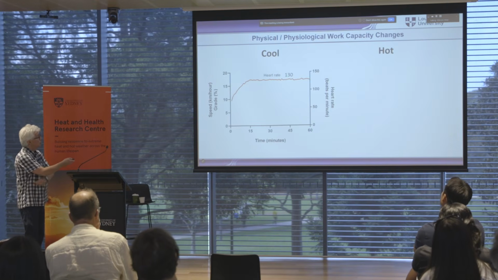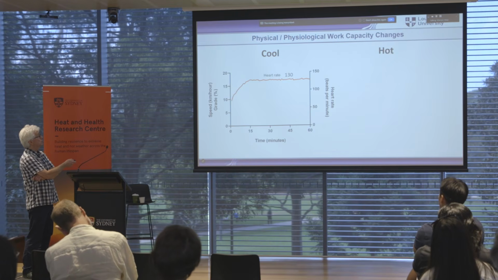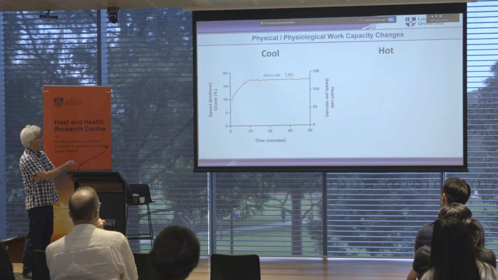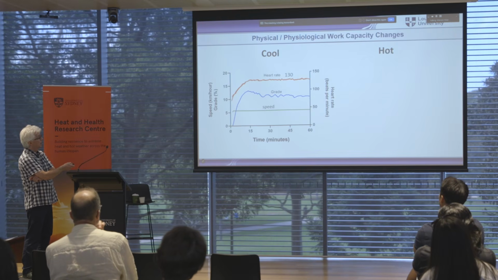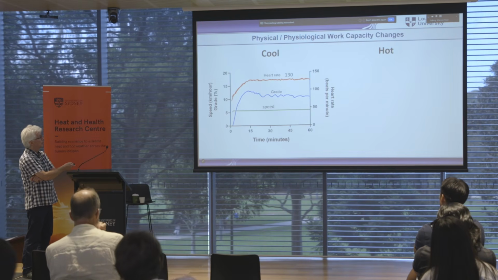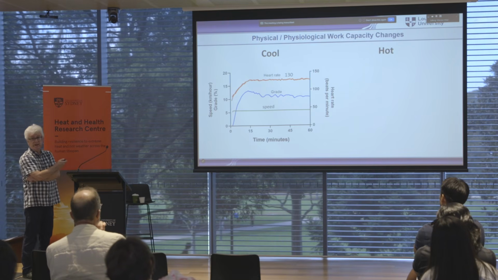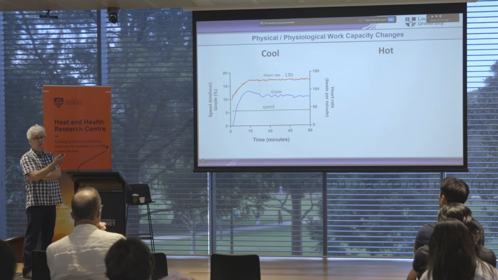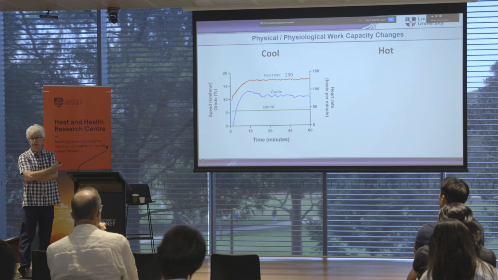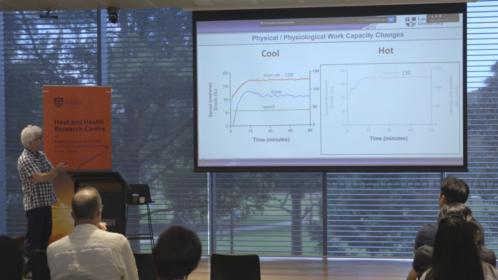So how does this look? This is in a cool environment. The treadmill comes up to speed, and then you have a heart rate of 130, and the treadmill regulates that by bringing up the speed here, that's close to 6 meters per second, and then it adjusts the grade. You see a little bit of drop of grade happens because people warm up a little bit, and that means you have to put more blood to the skin, which is blood you can't use for the work. That's clearer in the heat.